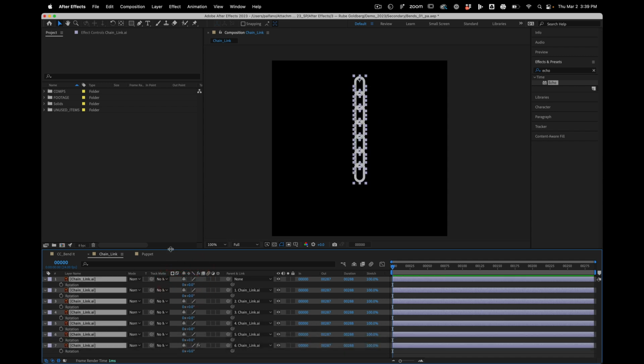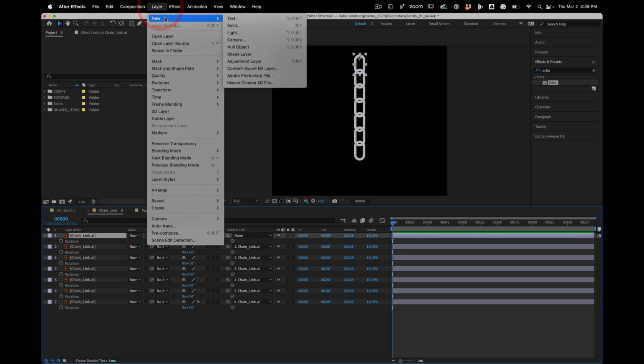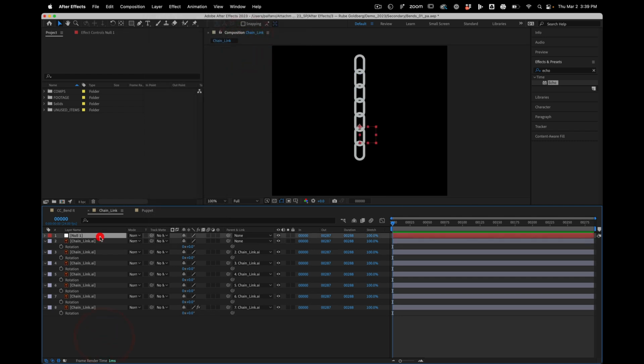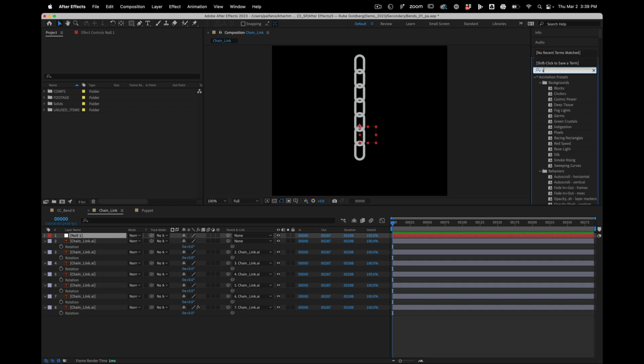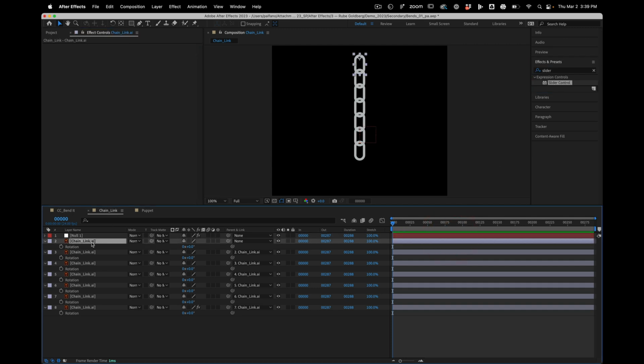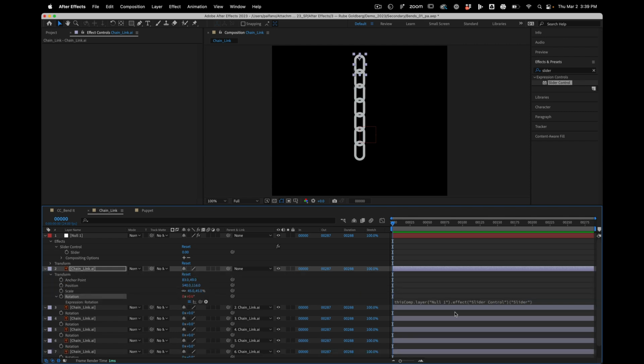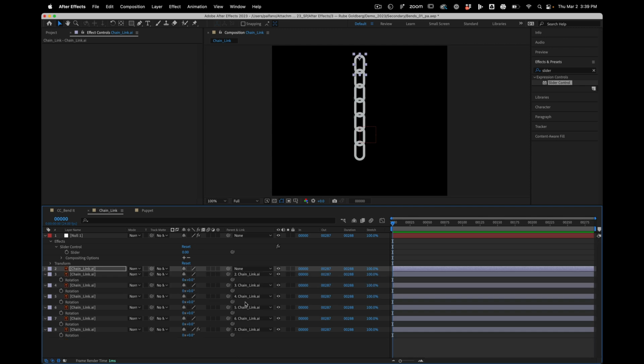Now, maybe a slightly more elegant way to do this would be to have a controller. So we're going to do new null object. We're going to go over to our effects and presets, type in slider control, put it on this null here. And then what I can do is, if I hit U, grab this rotation and connect it to the slider, which creates a little expression. We don't need to really worry about that yet. It's just you're basically connecting